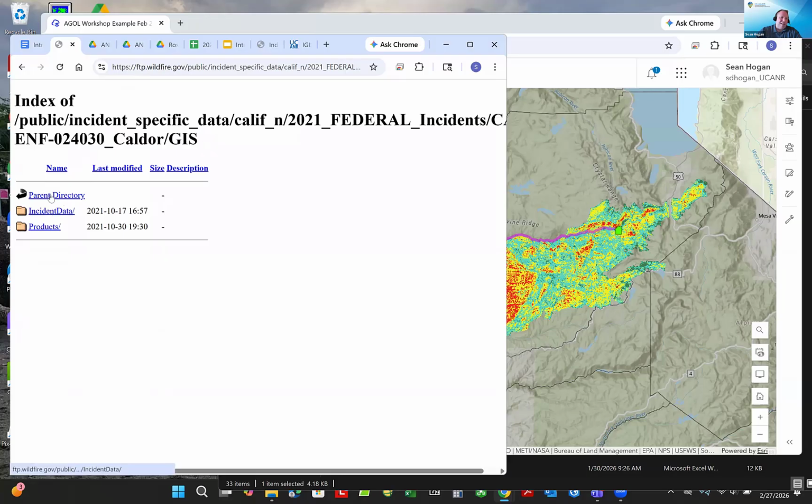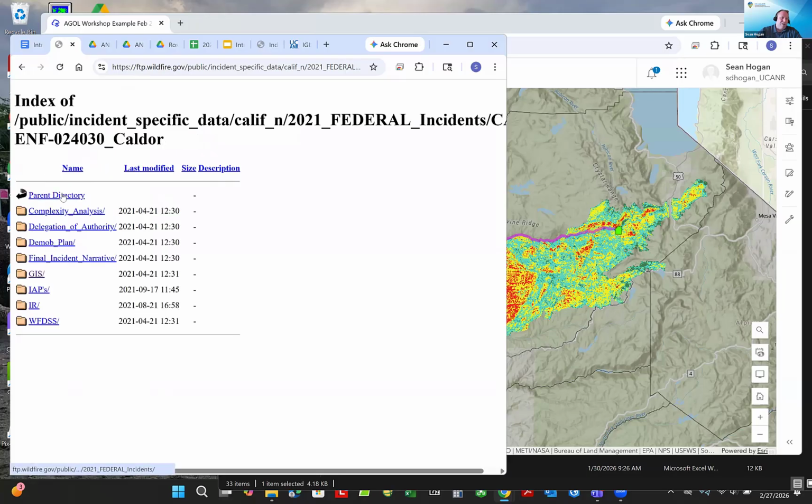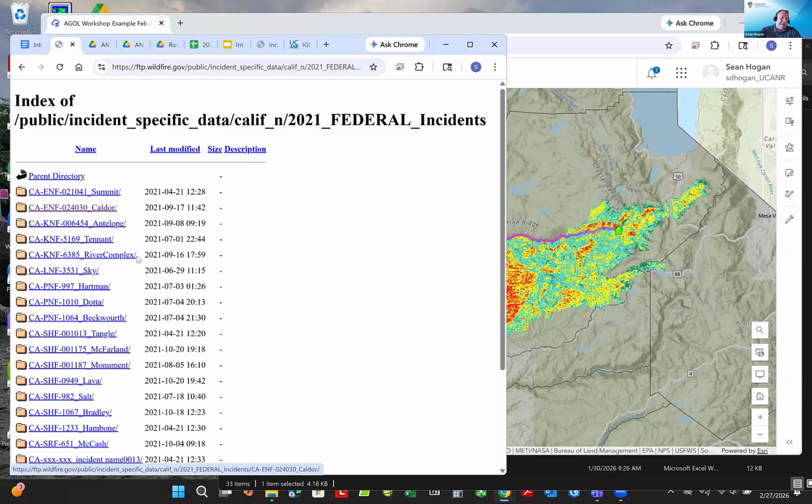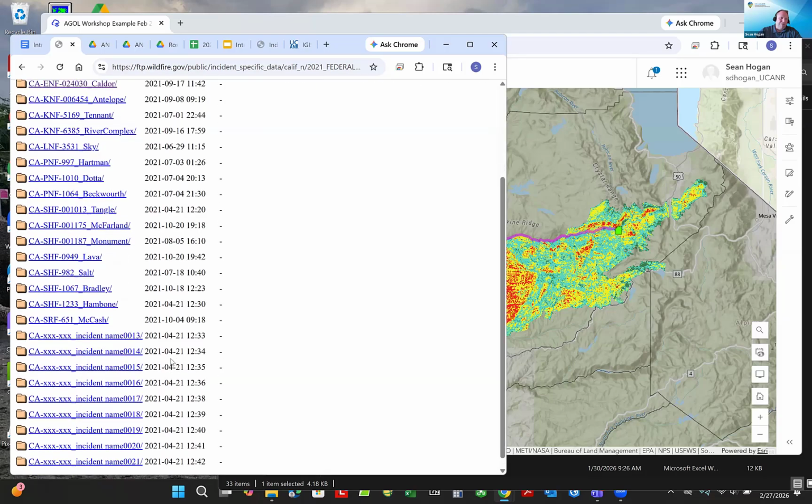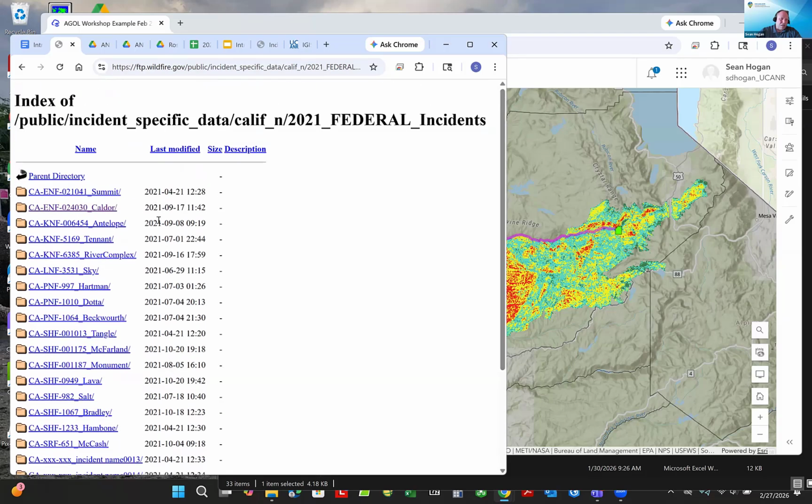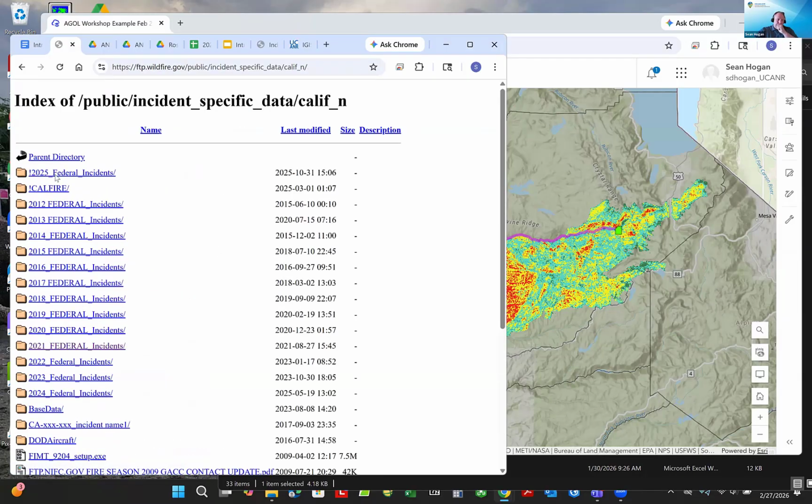So this is incident data that I was in, and if I go up higher, that's in the GIS folder. If I go higher, that's from the Caldor fire that was here. But if you look in 2021, these are the 2021 incidents. You see all of these different fires that there's data on. If I go up one more, I can see that at least in this database, there's 22, 23, and 24 layers of fire